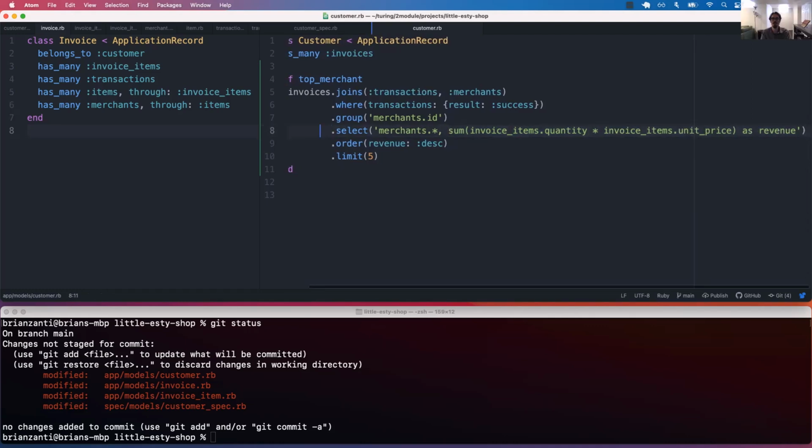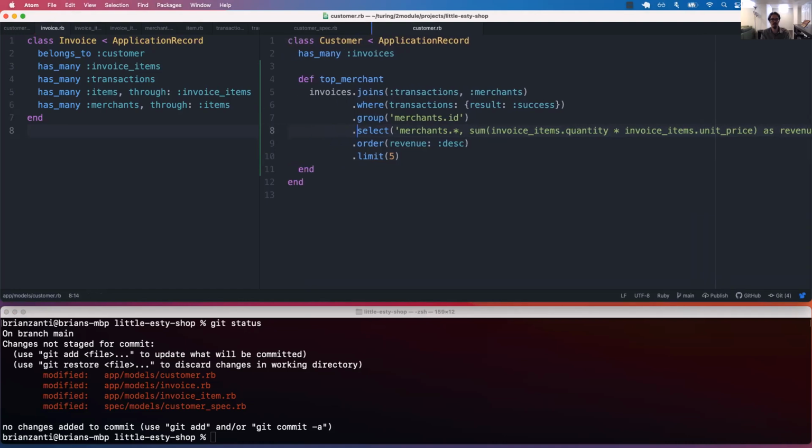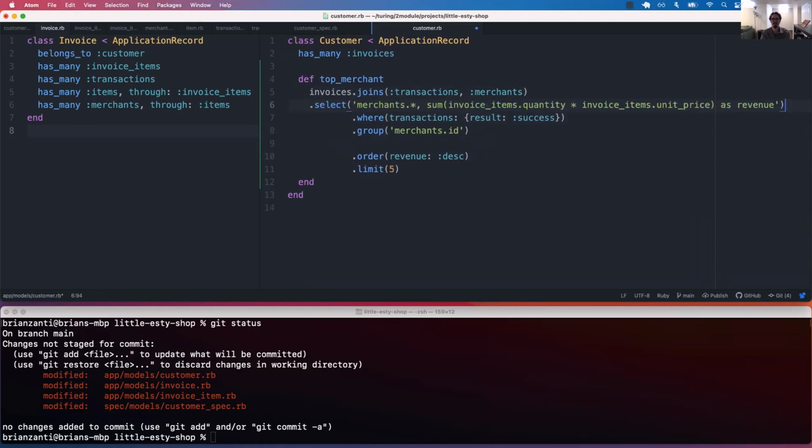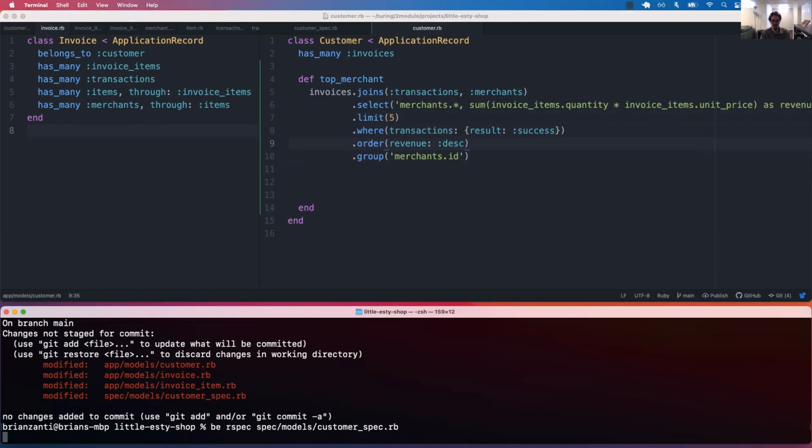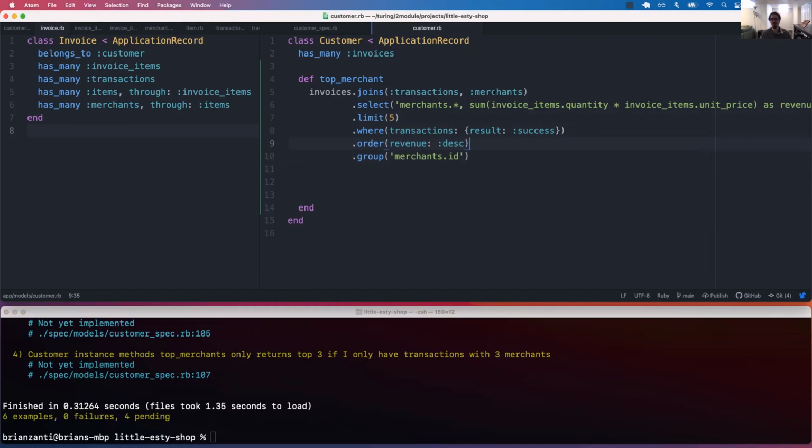Yeah, so all of these are not calculation methods like pluck or order or sum. So what that means is that they can all be just completely interchanged. So I could put the select up there. I could put the limit right here. I could put the order above the group. I could do these all in any order. Whoops, not get status. And it's still passing. So the only one that needs to be in order is,